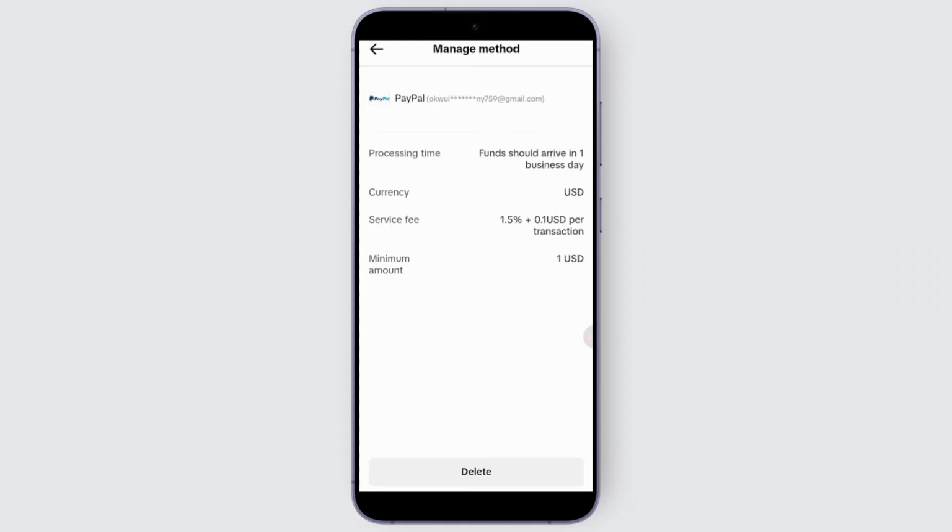So that's it for now. You may follow this method in order to remove your PayPal or any other payment method on your TikTok. So I hope this video was